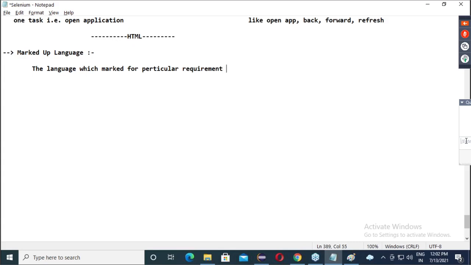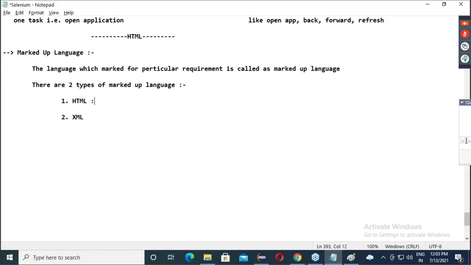Made for a particular requirement is called a markup language. Okay. Now, there are two types of markup language. Number one is HTML and number two is XML.